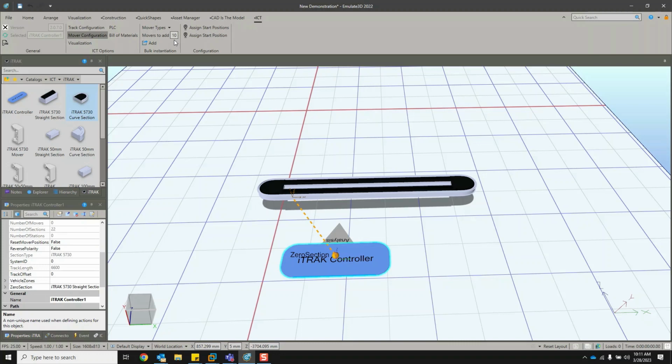In here, I have the ability to bulk add movers. So whereas I can click and drag an individual mover in here from the side, I can also add a number of movers all at once. So 10 sounds like a good number. We'll start with that. We're going to choose what type of mover I want,